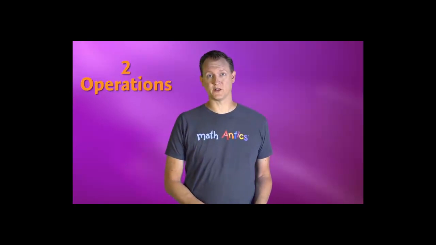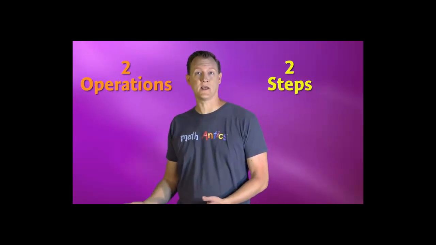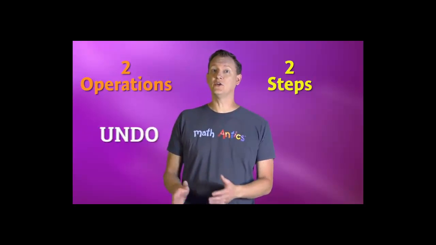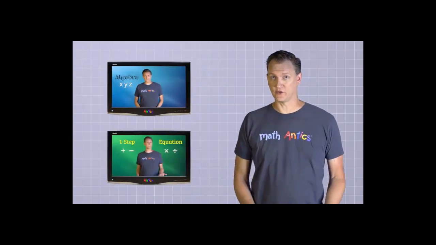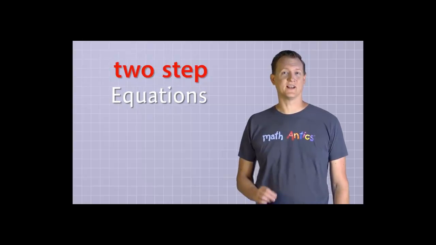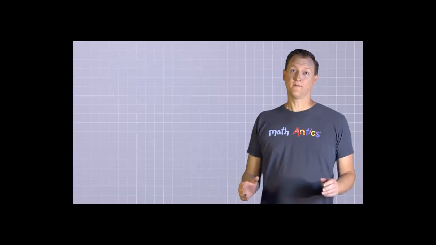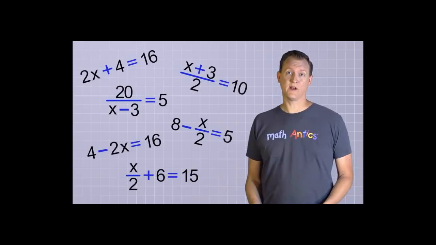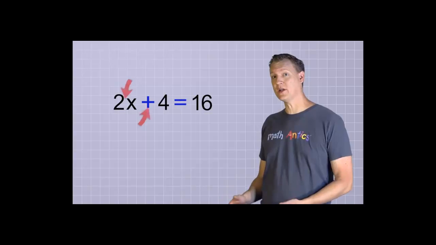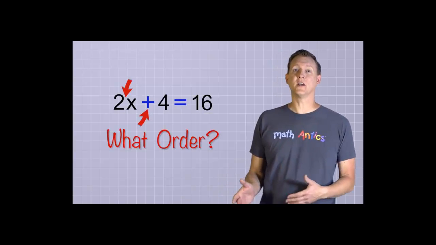Now, as you might expect, equations that have two arithmetic operations in them are going to require two different steps to solve them. In other words, to get the unknown all by itself, you'll need to undo two operations. But that doesn't sound too hard, right? I mean, we learned how to undo any arithmetic operation in the last two videos. And that's true, but there's a couple reasons that make two-step equations a little trickier to solve. The first is that there's a lot more possible combinations of those two operations. And the second is that when there's more than one operation, you have to decide what order to undo those